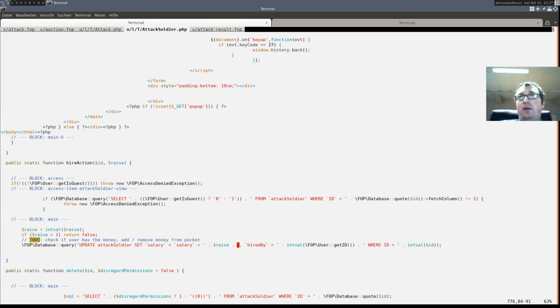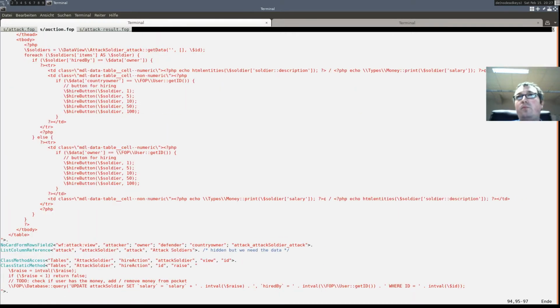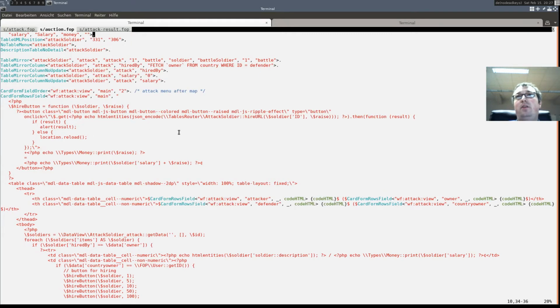Next thing, our auction must be high life. So we have to extract this function. We cannot directly render the table. It's not fair.